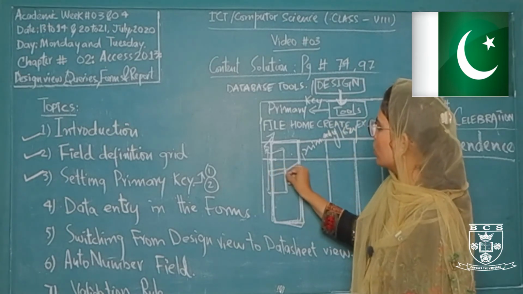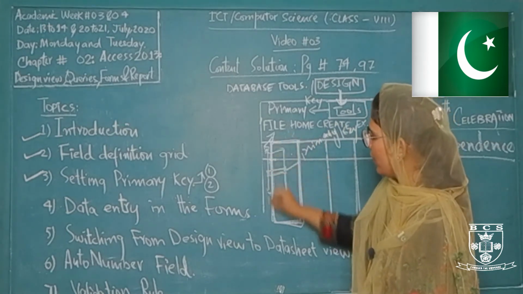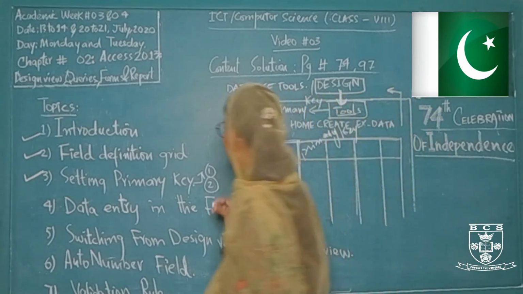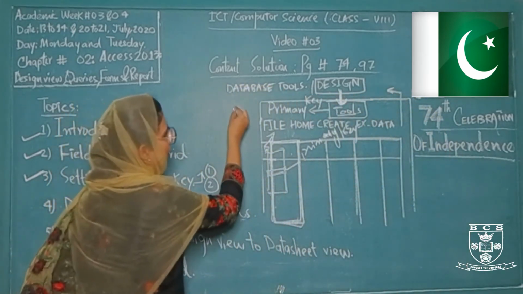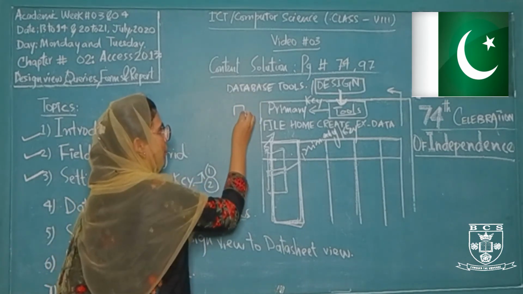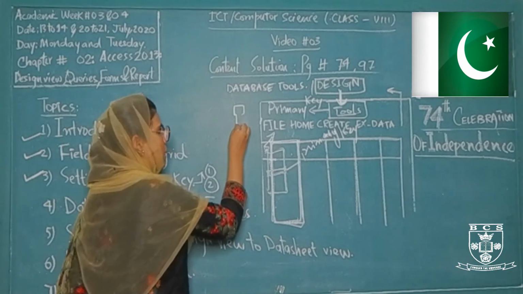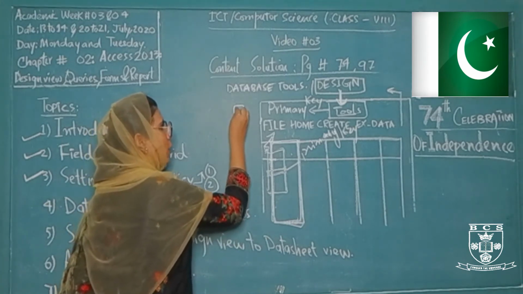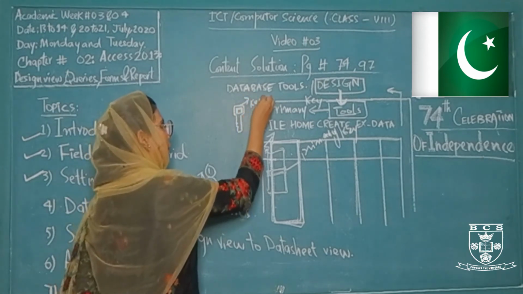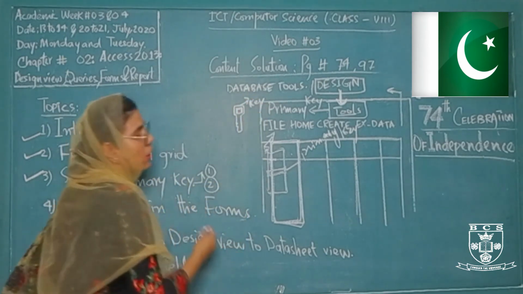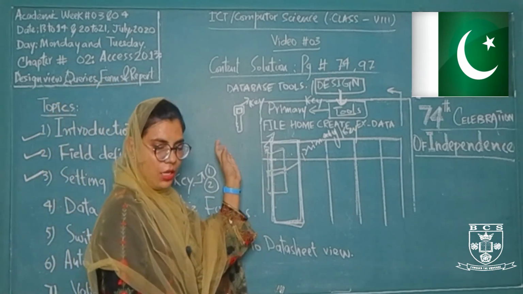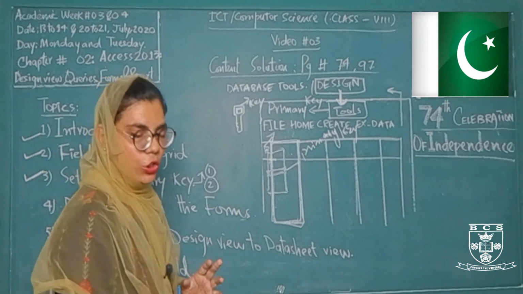As we click on this option primary key, this field will be set as your primary key. Now how can we identify from the different fields that this field is a primary key? Whenever we set any particular field as a primary field, it will have this mark or icon, and this icon is for a key. ये की आपकी रिप्रेजेंट करेगी जिस फील्ड में भी आपने प्राइमरी की सेट किया है, तो वहां पर उसके लेफ्ट साइड पर आपको ये की सिंबल नजर आ जाएगा, and this key symbol represents your primary key field.